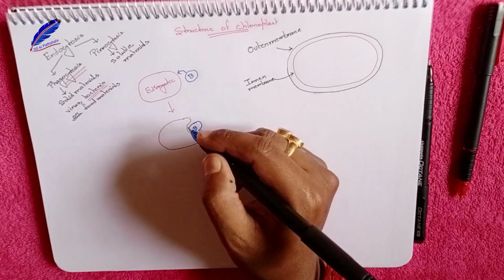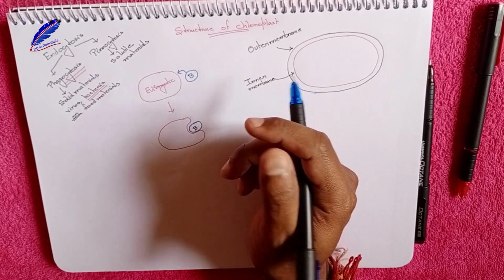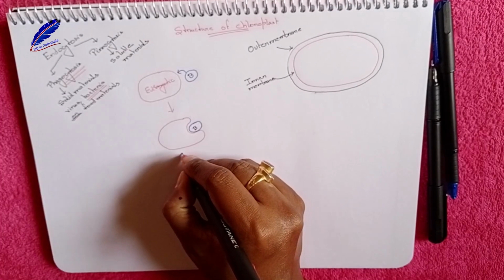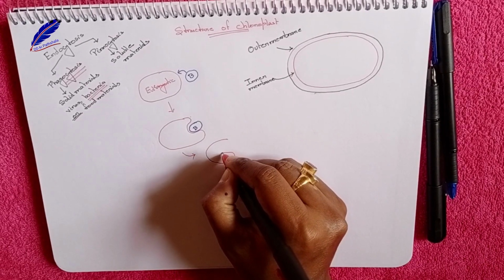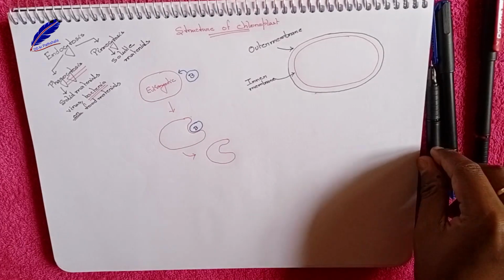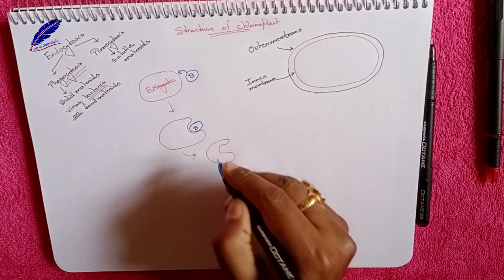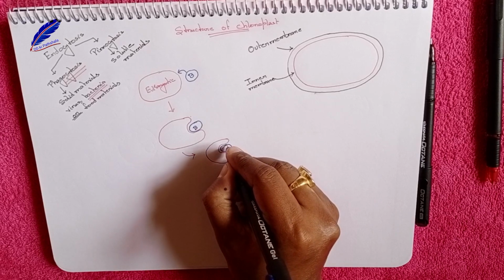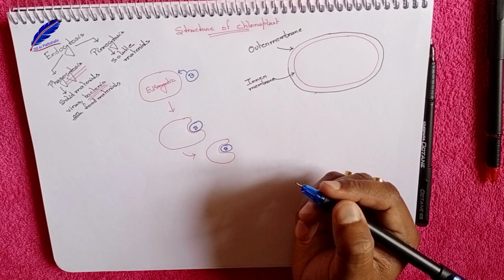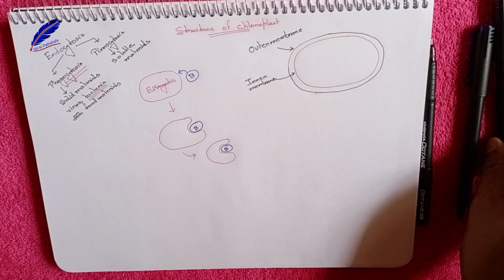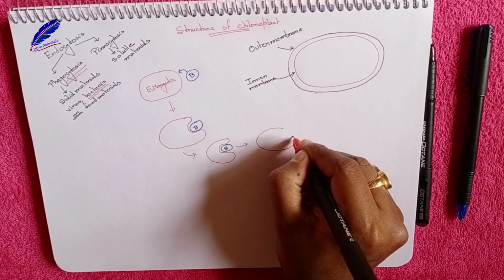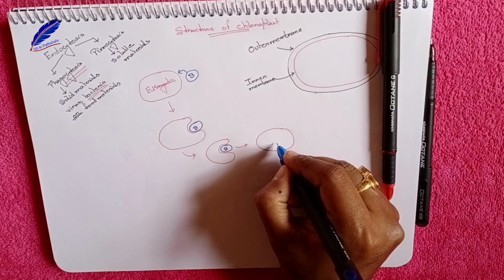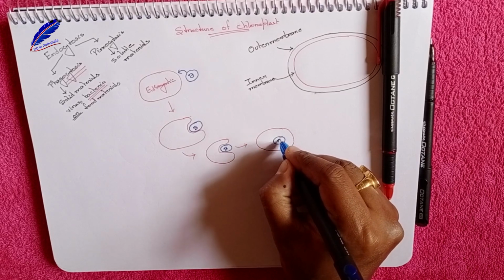We will discuss the process in cell biology; I am not going into the details. Slowly this invagination will increase, and the bacterial cell will also get entered into this invagination. And finally, the bacteria will enter into the eukaryotic cell,